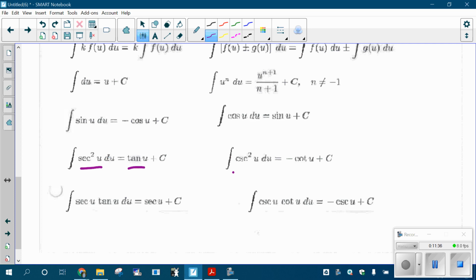The antiderivative of cosecant squared is negative cotangent because the derivative of cotangent is negative cosecant squared. You already know this, okay? So this isn't a whole new set of rules to learn. This is slowing down, using your brain, thinking backwards, okay? And you're going to have to take it slow at the beginning, but you guys are going to get a